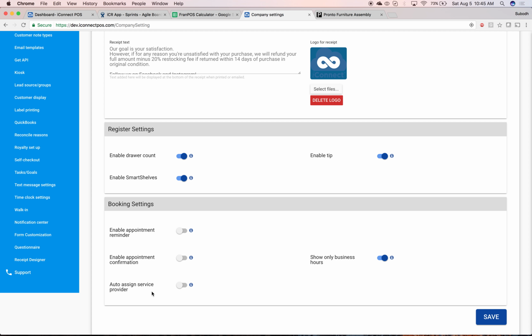Auto assign service provider. So this is an important feature. For a small salon, like let's say a nail place, our system was built for a bigger salon where every service provider provides different service at different price and takes different time. Now in nail, everything is the same, or a men's haircut, everything is the same. Everybody charges $10. Everybody cuts hair in 15 minutes. So